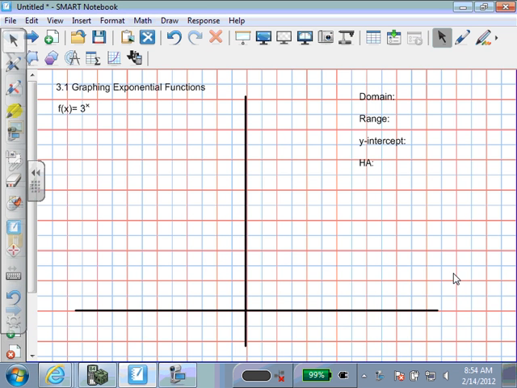Today we begin our discussion of exponential functions. The exponential function I'm going to use is f of x equals 3 raised to the x power. You should notice that for an exponential function, the independent variable x is an exponent, and we always have some base. In this case, it is base 3. And if we begin to graph this,